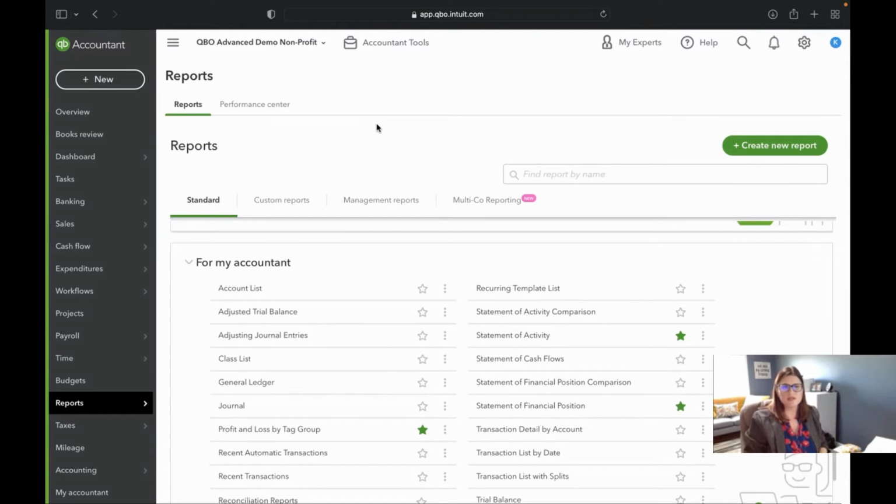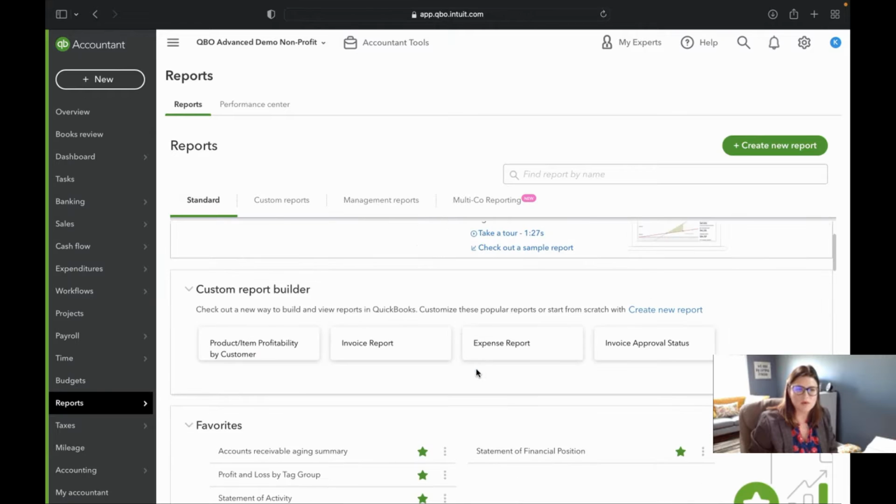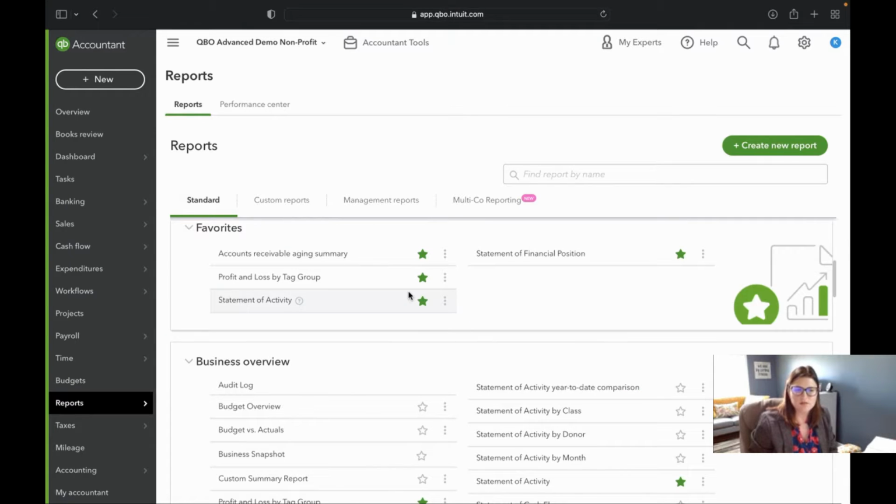Here we are in QuickBooks. This is actually my QuickBooks Online demo and it is advanced, but it's for nonprofits. And you'll be able to see the naming is different than your regular report naming. Here's your standard report screen.